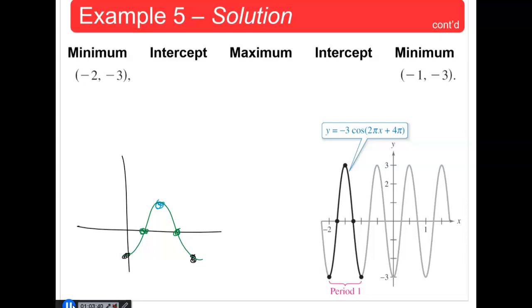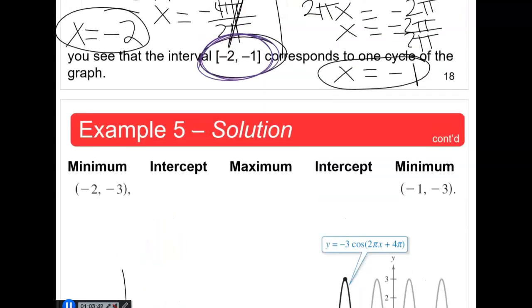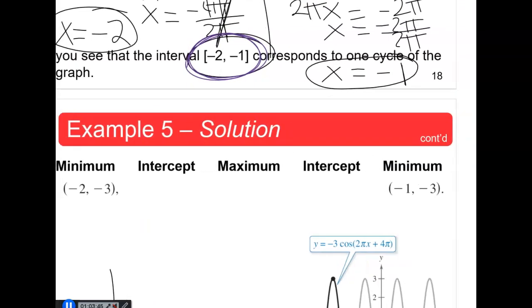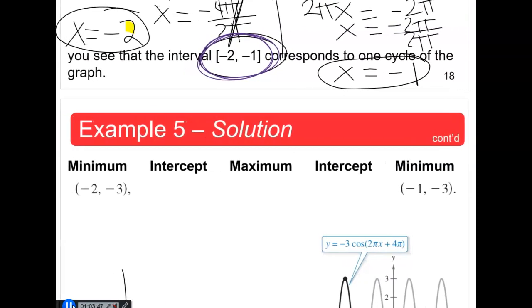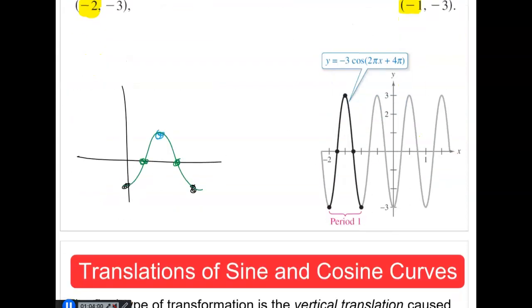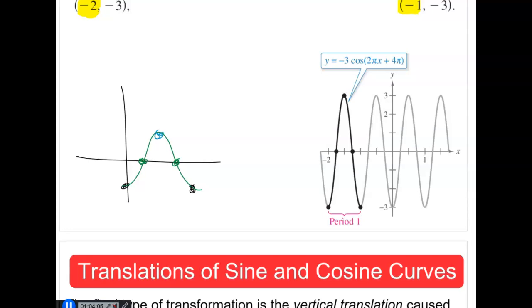So with that said, we're going to take the solutions that we got from that equation. So we got here negative 2. Instead of starting at 0, we start at negative 2 for the x-axis, and we end at negative 1. And we already established that those 2 points will be minimum points. And so they will be here and here. And of course, we know that the minimum value in question is negative 3,